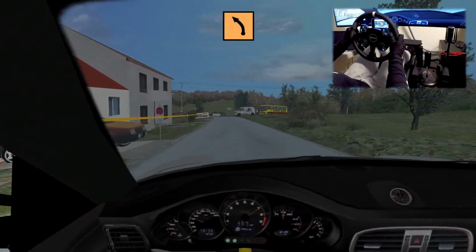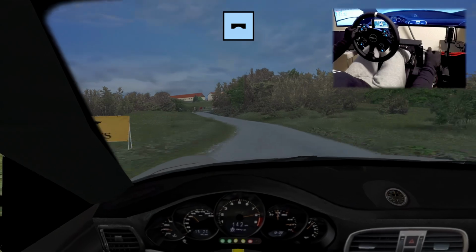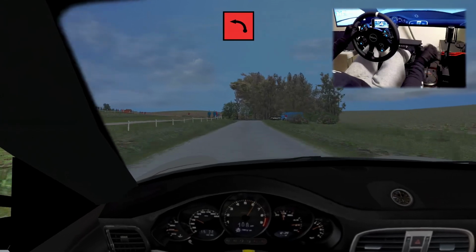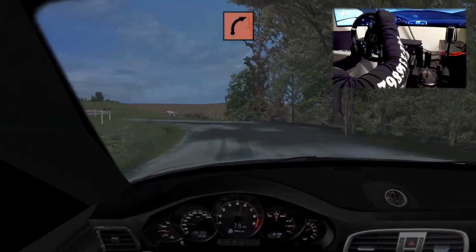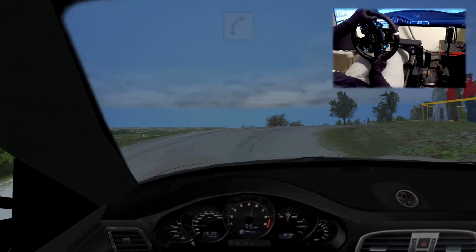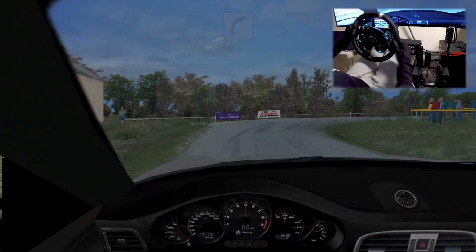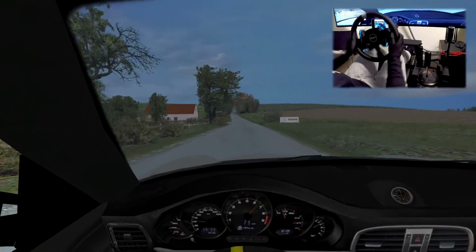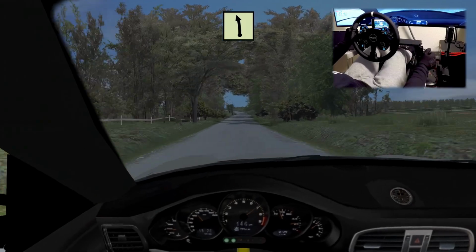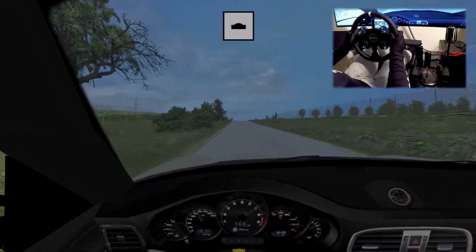Porsche now on tarmac. I still need to figure out what I think of tarmac in this game, because I truly don't like tarmac in WRC. Because it feels so weird. Even in a rally game, or sim, tarmac should still feel like you're driving a sports car on tarmac, right? But in WRC, for some reason, it feels so weird and different. But I feel like this,